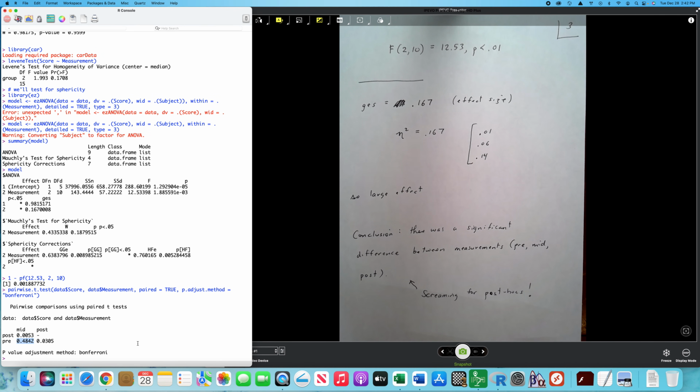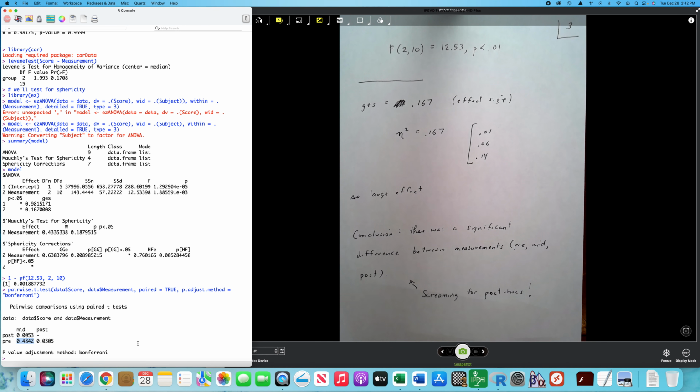So if these were a group of students, 6 students, for example, from the pre-test to the mid-test, there was no significant difference in the means. But from the mid to the post, there was, and of course from the pre to the post, there was